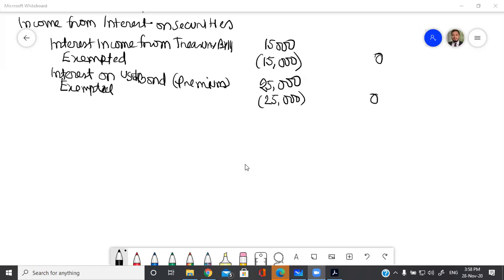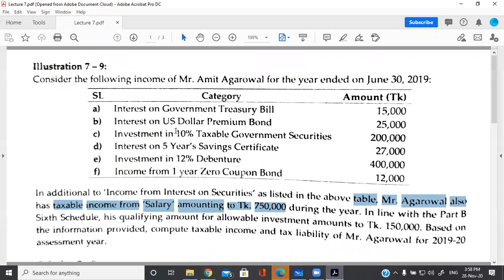Okay, next one, interest on taxable government securities, 10% interest percentage. Remember, this is the investment amount, not the interest amount. So you can calculate the interest amount just by multiplying this investment amount by this percentage number. You will get the interest income due in a particular year. So that will be how much? 200,000 multiplied by 10%,